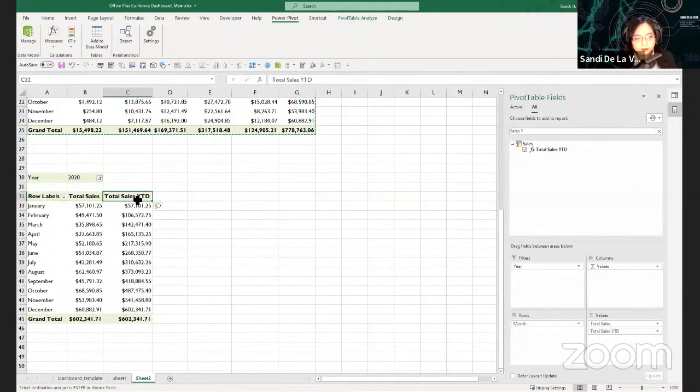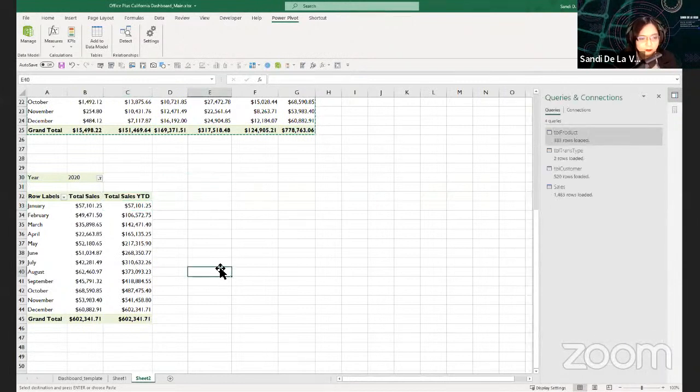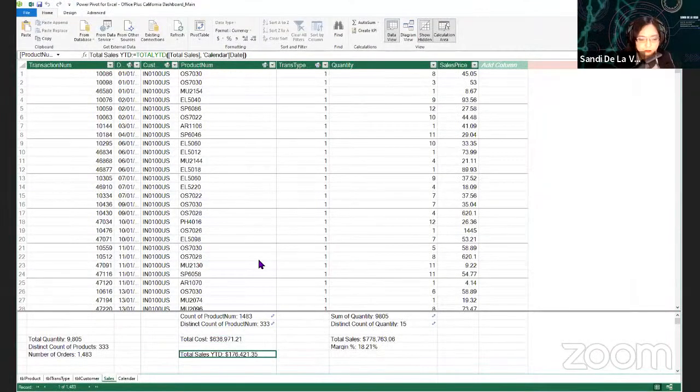So it's a very useful function, especially for financial analysis, to use time intelligence functions such as total sales year to date. There are other functions like quarter to date and month to date if you need them for your financial analysis. So going back to answering our business questions, we need another DAX function, and that is the percentage of sales for each transaction type.